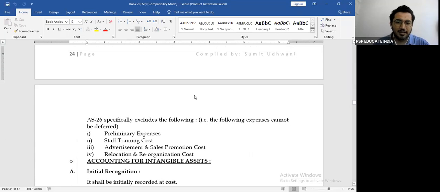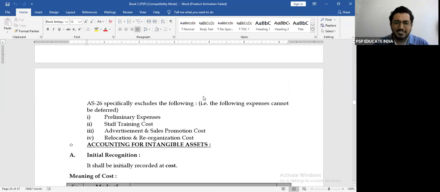Okay, come to the next point. AS-26 specifically excludes the following. That is, the following can never be deferred. No other accounting standard can defer them either. Which are the 4 expenditures? Preliminary expenses, staff training cost, advertisement and sales promotion cost, relocation and